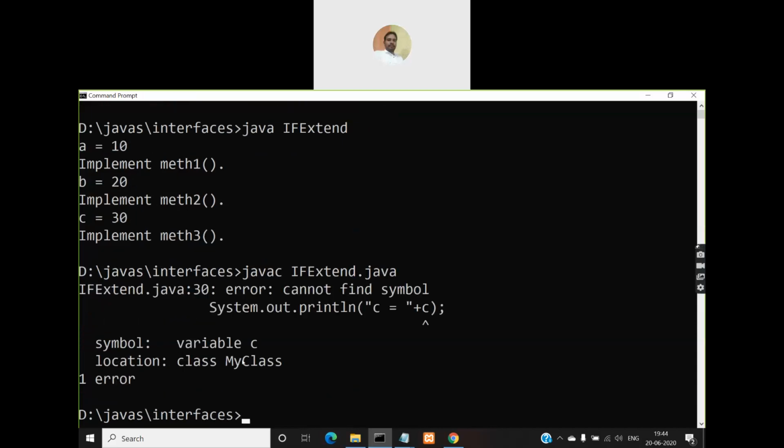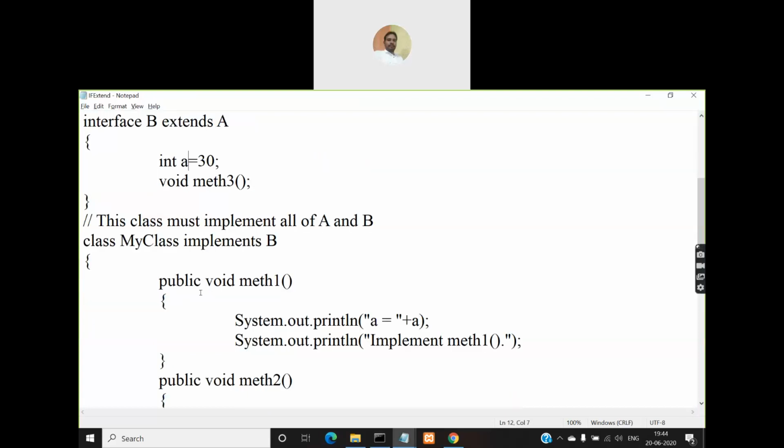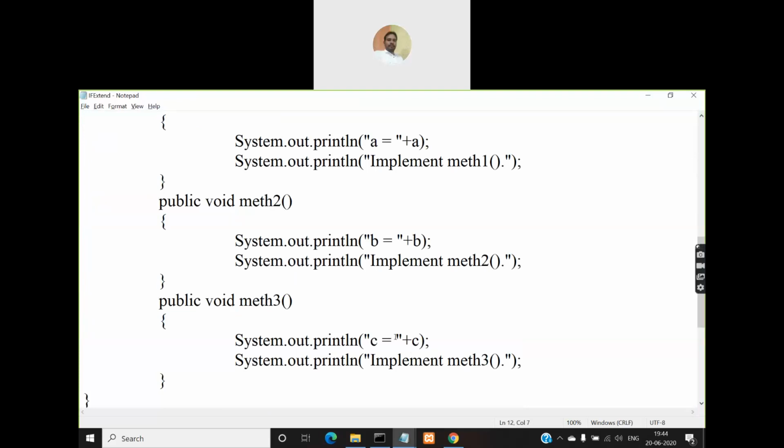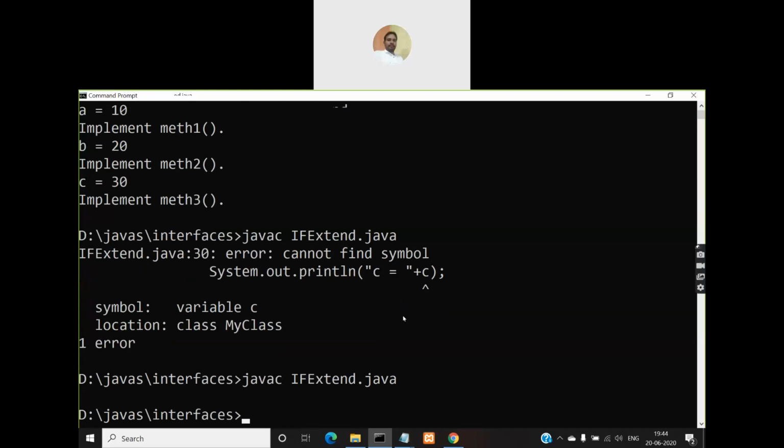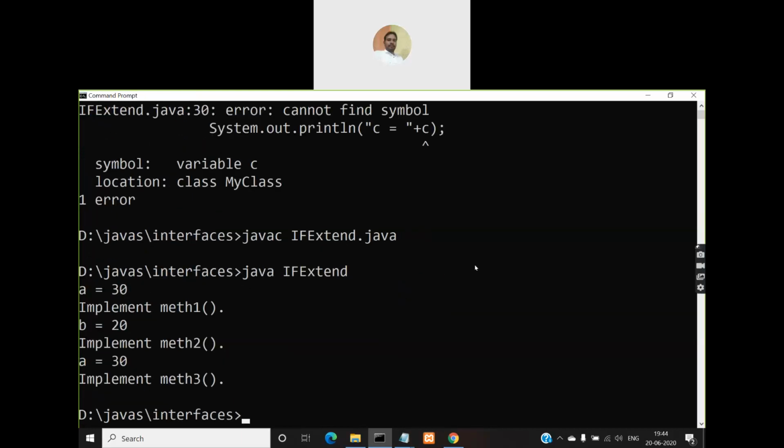So you'll get an error here, variable c. So you are able to get a value here also. There is no c.